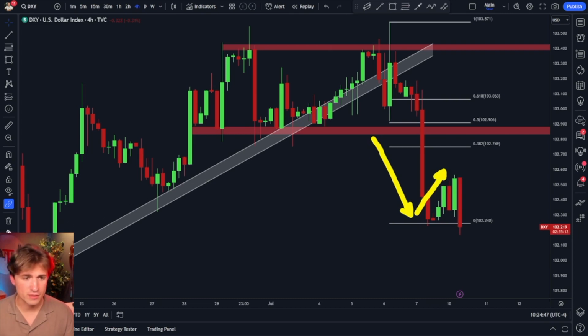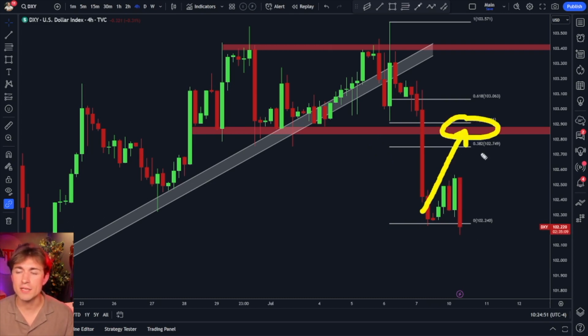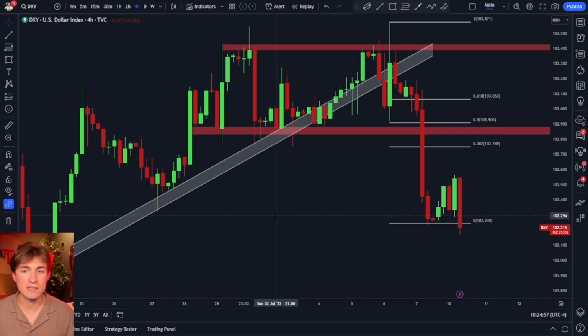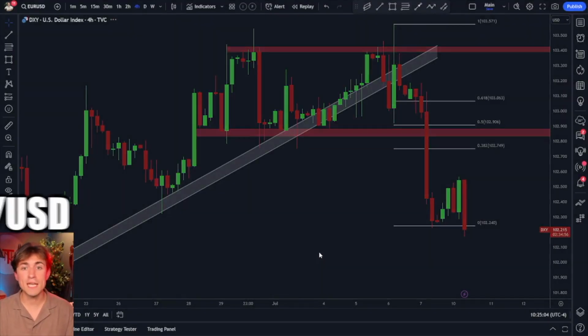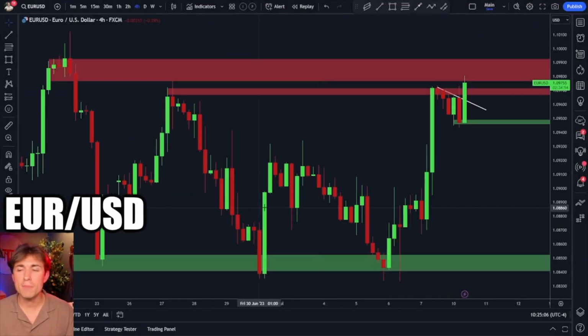I actually thought we would see a deeper retracement on the dollar, but no shot. It does seem like we already got the sell-off yet again with this big candle, and this is probably doing all right for my Nasdaq long trade, which we'll talk about in just a moment. But the dollar looking really weak here, and that's probably giving some potential for perhaps a breakout here on the